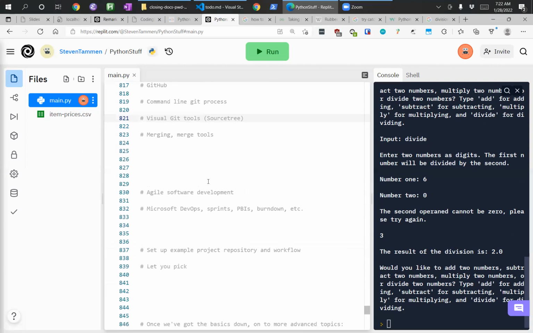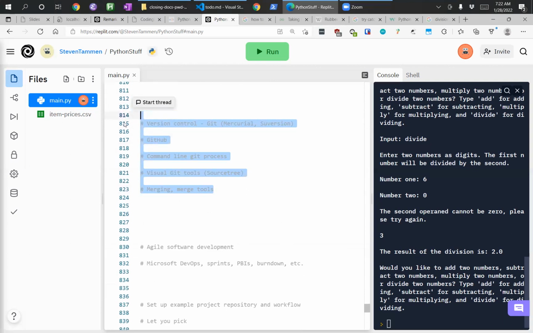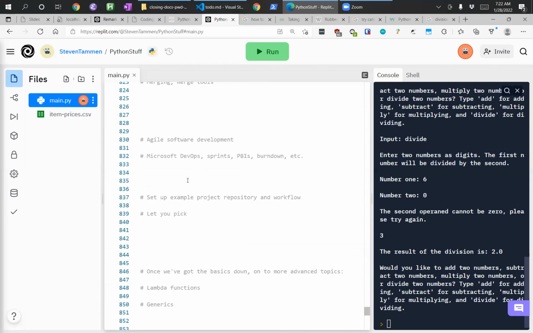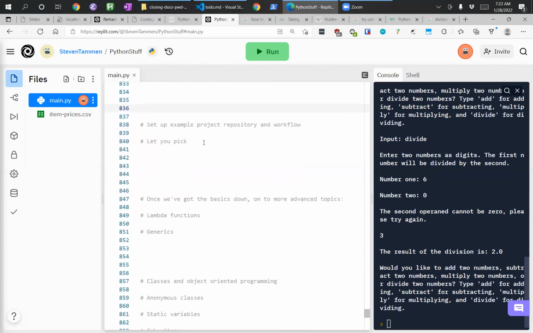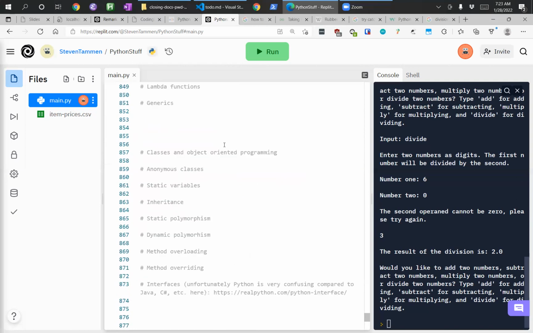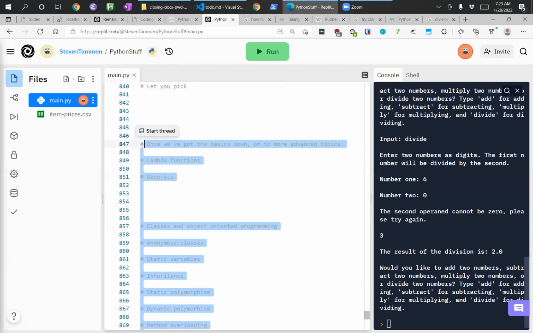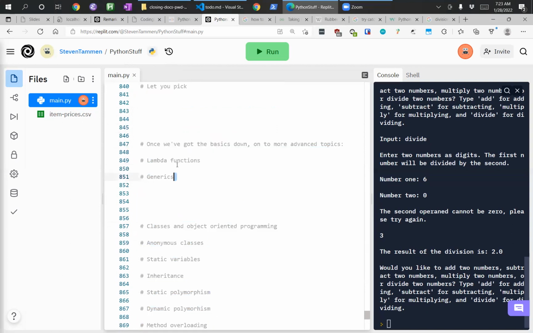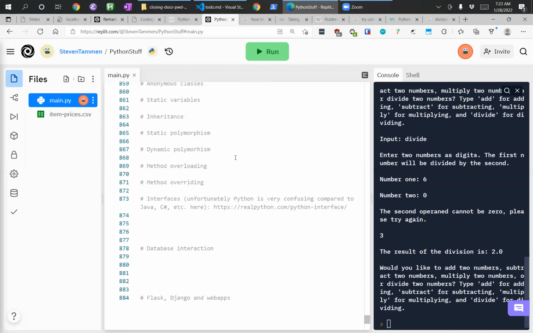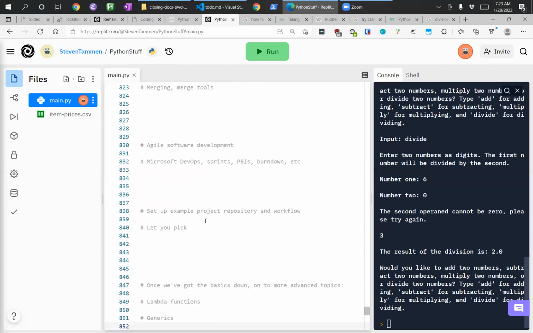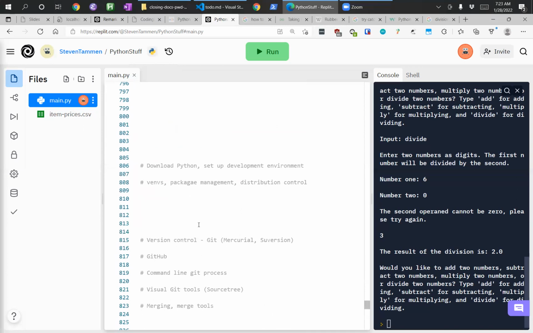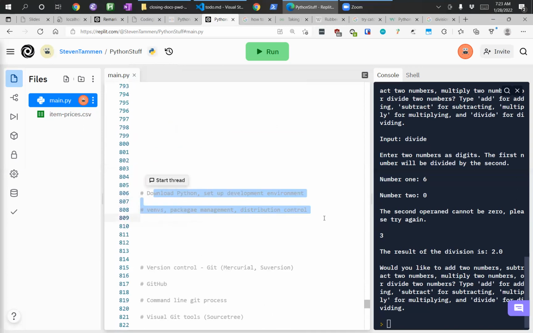Okay, so yeah, the Git specifically was what I remember now. This specifically was what I wanted to make sure I didn't forget about, that we do it eventually. So anyway, all of that's future. So we have these things down here: a database, web app stuff, specifically object-oriented programming, Lambda functions, generics. These are all more advanced programming concepts. Like these are code stuff. And then all of this stuff up here is not code, it's the rest of the stuff. So dealing with your development environment and your packages and stuff, this is critical to building larger software systems.